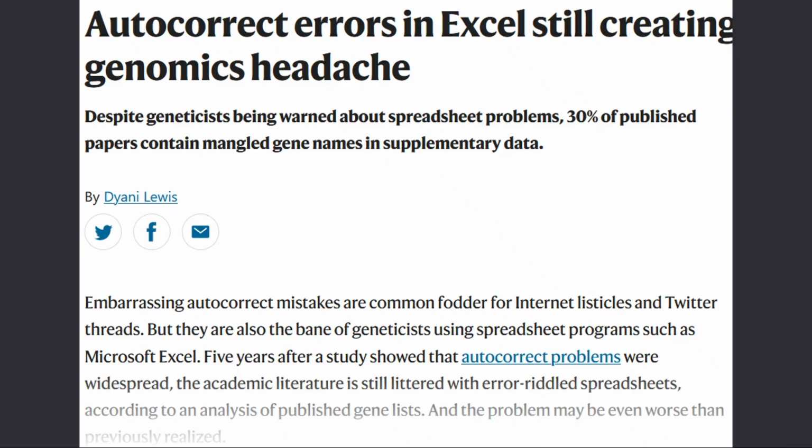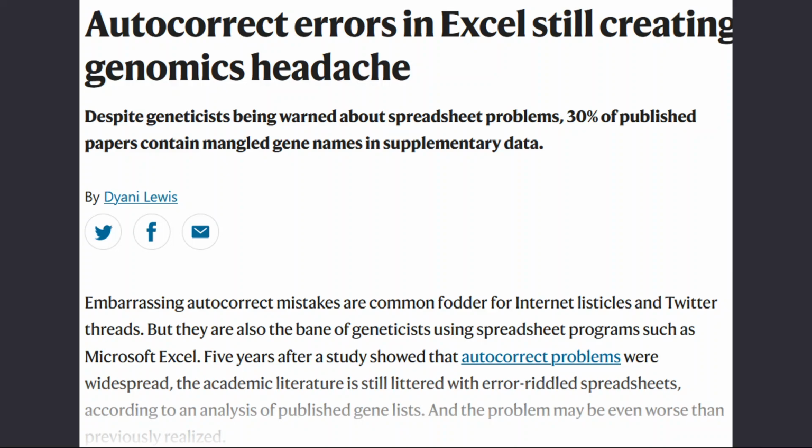Also, if you know Excel well, you know that Excel will autocorrect some of your inputs. And this was a huge problem in gene editing, in genetics, because some of the names of these genes were the same as dates, and Excel assumed that the researchers didn't want to input the name but a date, and autocorrected it to a date.